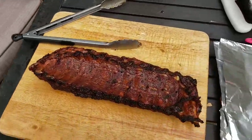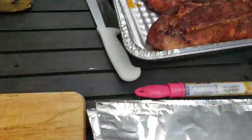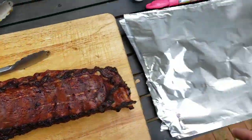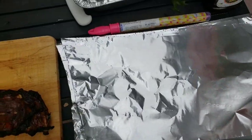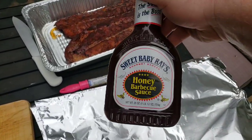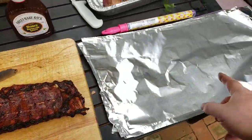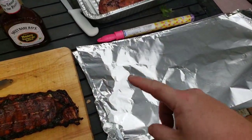Now that I've got these out, let's see all the racks. So they got a nice char to them. This is the bone side down. What I'm gonna do is actually cut these in half. And then I got all my pieces of tinfoil here ready. I'm using Sweet Baby Ray's Honey Barbecue. I'm gonna cut these, I'm gonna put them in the tinfoil, and then I'm gonna put barbecue sauce on top